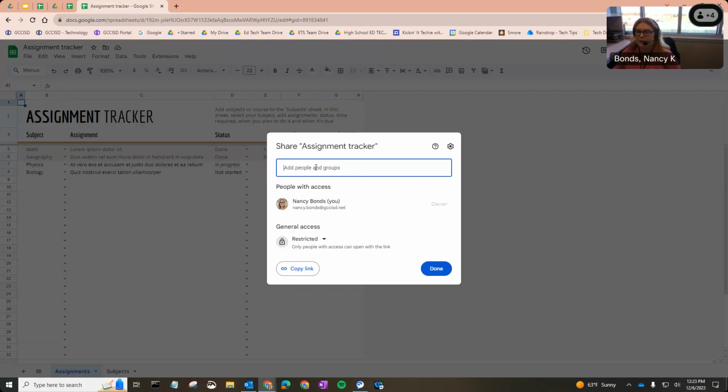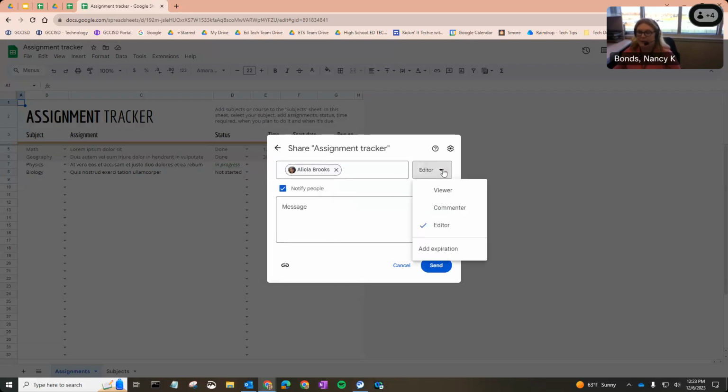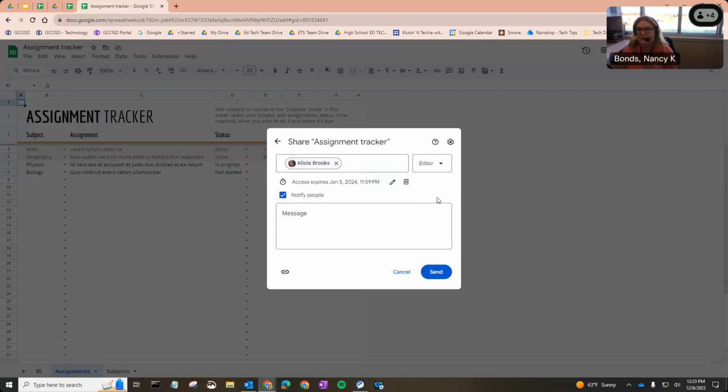But if I wanted to choose someone from my team that I wanted to collaborate with on this, I could put their name in, and I can decide if I want them to be an editor, a viewer, or a commenter. So it depends on what their role needs to be. But the really cool thing is you can add an expiration date. So if there's an expiration date for